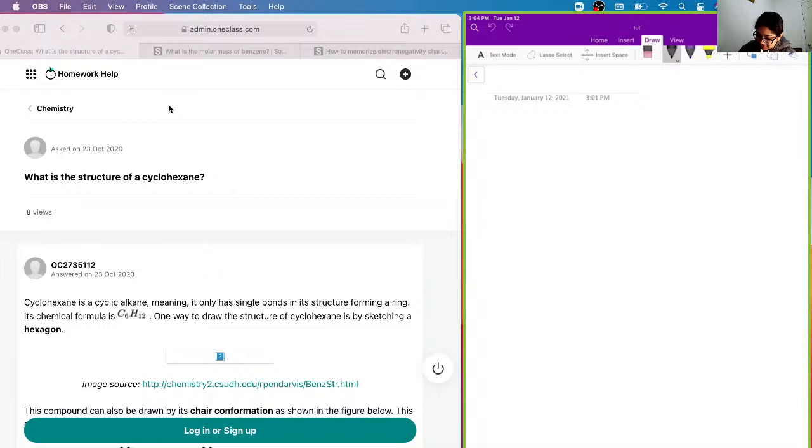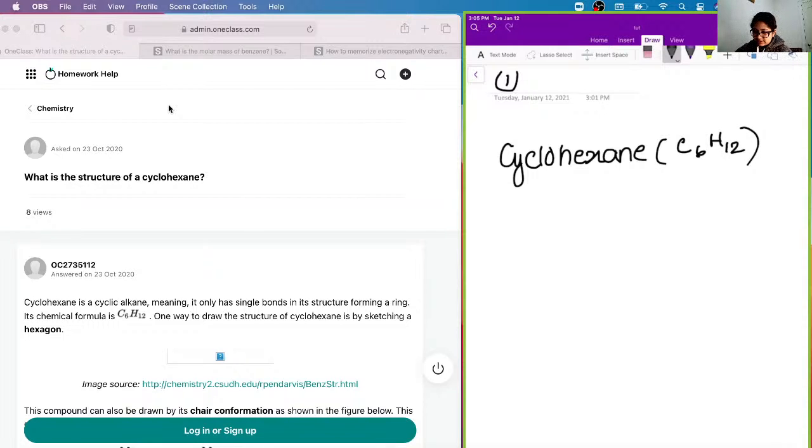So our first question says, what is the structure of a cyclohexane? As it's stated here, a cyclohexane is a cyclical alkane, meaning it only has single bonds in its structure, forming a ring. So let's write, a cyclohexane has a chemical formula of C6H12. Since it's a cyclohexane,